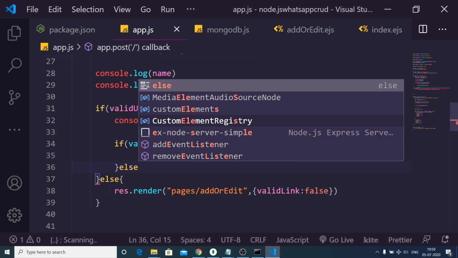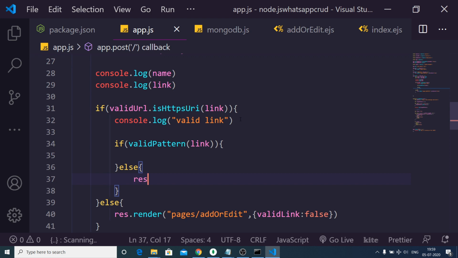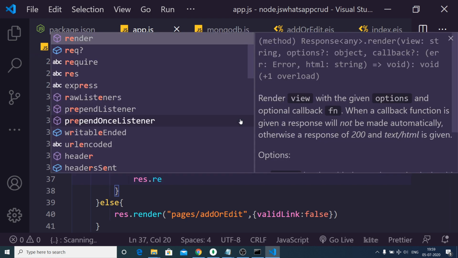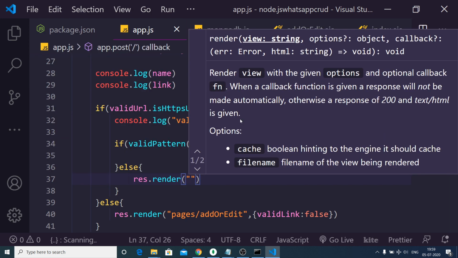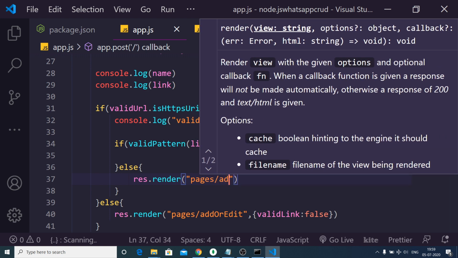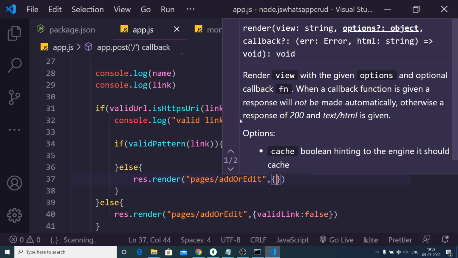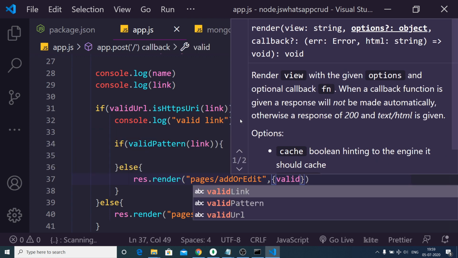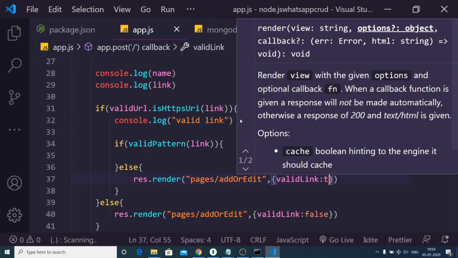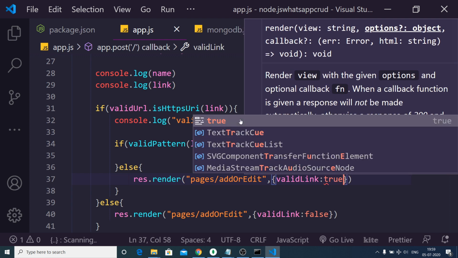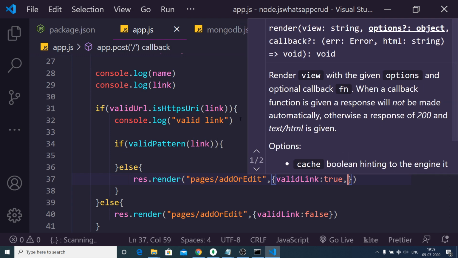So in the else block we can render out another page, slash add or edit, and this time we can pass two parameters. First will be valid link. So valid link will be true this time because we know that the link is valid, but it is not a valid WhatsApp group invite link.